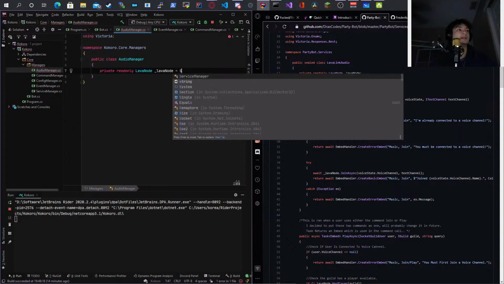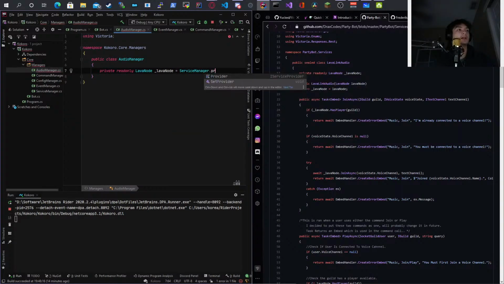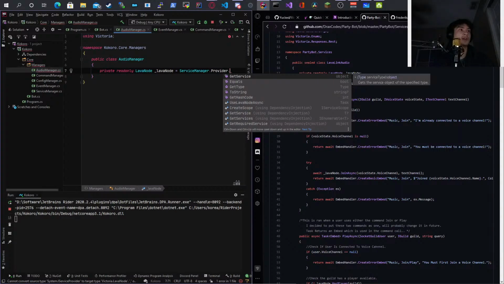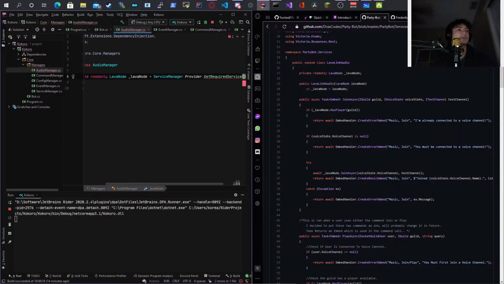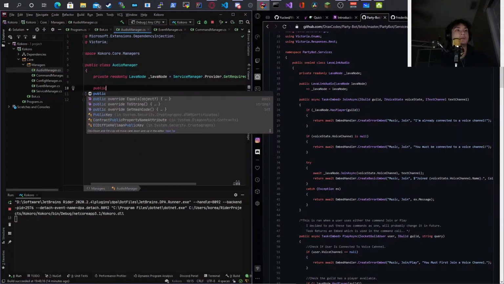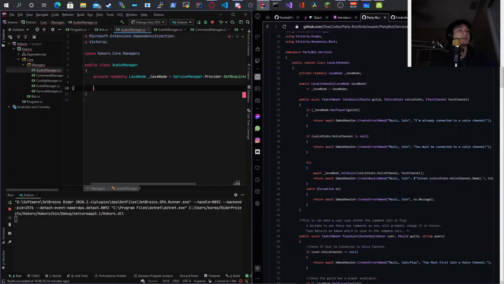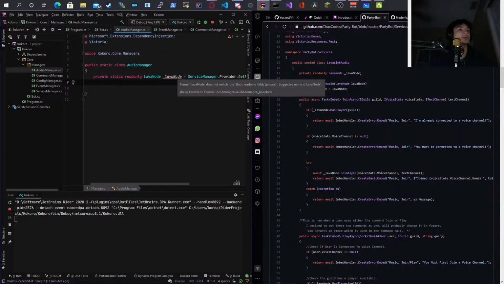It's going to be a service manager dot get, or actually you have to do provider dot get required service. It's going to be lava node. Okay, public, I don't need to do that. Public async, I can make this be static, it looks like. What is it complaining about? It's probably talking about does not match the rules. Okay, yeah, I see. That's fine.